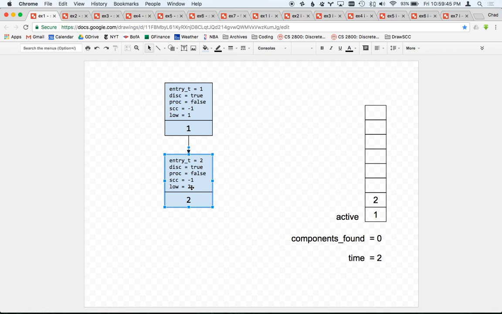From vertex 2, there are no actually earlier vertices in the graph to which there is an edge, and so we say that the low of vertex 2 is actually just vertex 2 itself,